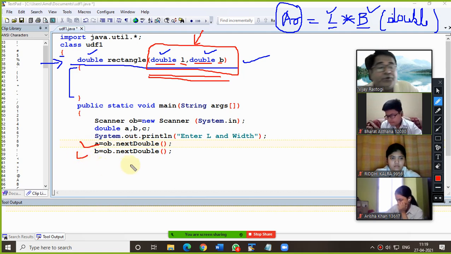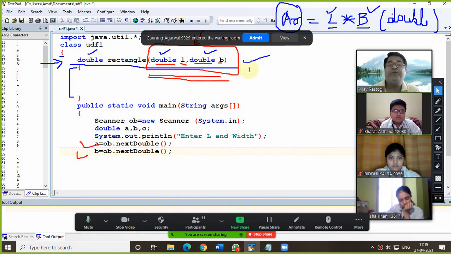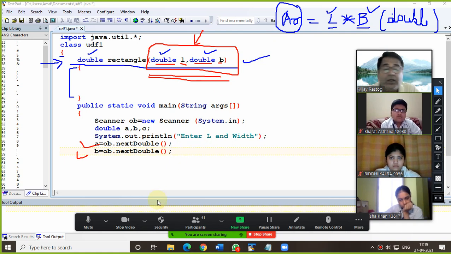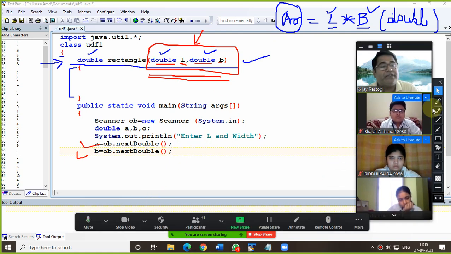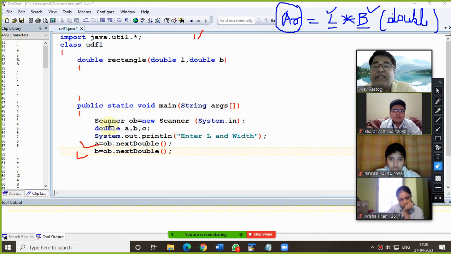So after inputting those parameters, whatever parameters you have used, if you have taken input in the main, now we are supposed to call a method. For calling a method, please pay attention everyone. In Java, while writing a function, if you have created a function, we are supposed to invoke it.